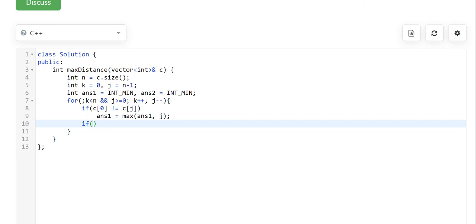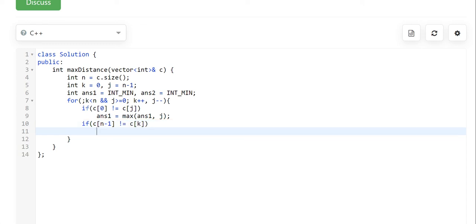The second if condition will be: if the color of the house at position n minus 1 is not equal to the color of the house at position k, then we update ans2 as the max of ans2 and n minus 1 minus k, as n minus 1 will be greater than k.